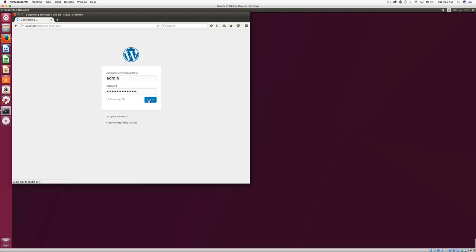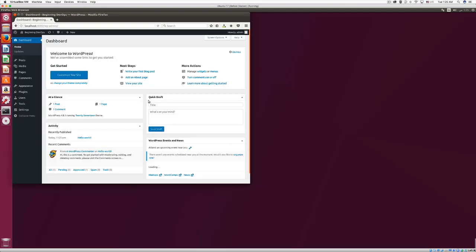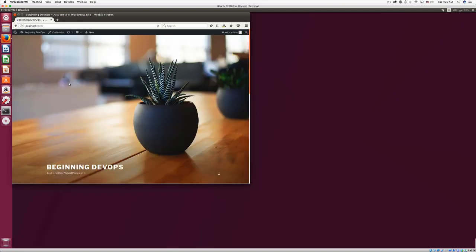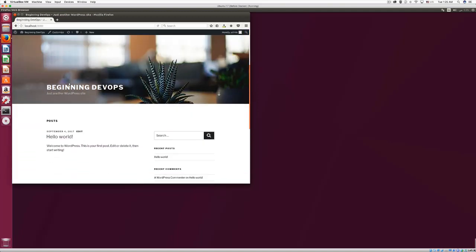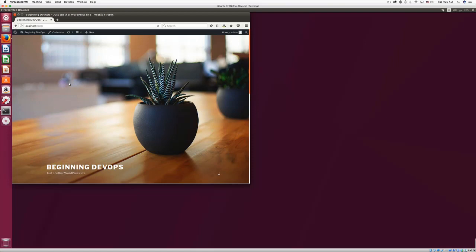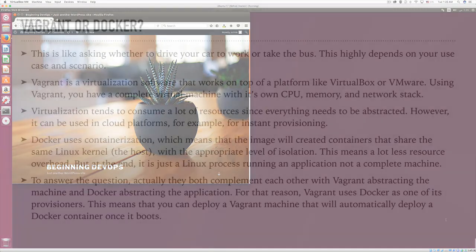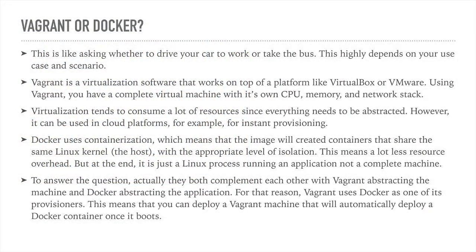Both of them are working on the Docker bridge interface that we have discussed, and both of them are connecting with the host via port forwarding. As you can see here, I have a successful installation of WordPress, and congratulations, you have just used Docker for installing the LAMP stack, and on top of it we have a WordPress installation. So before finishing this section, a question might pop up in your head, which is whether to use